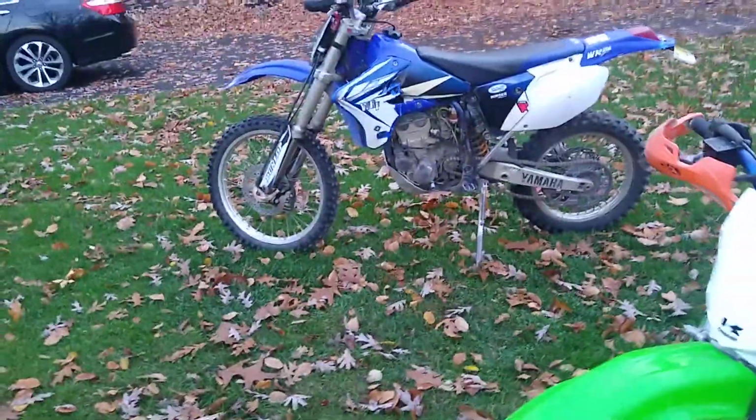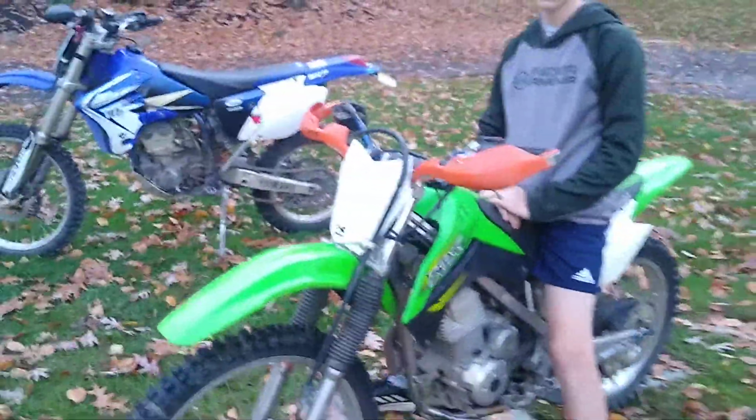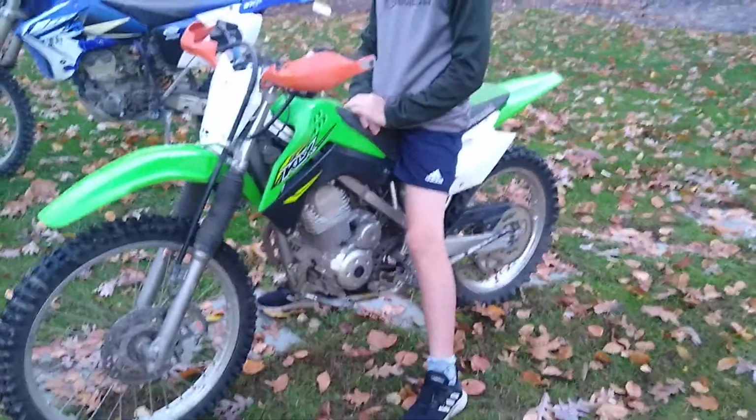wheels. As you see on my bike, it has a 21-inch front and 18-inch rear tire. So it gives it a real amount of ground clearance. He actually has more ground clearance on this bike than I have on my WR250. I know we crossed some train tracks this last weekend while riding, and I hit my skid plate. He didn't hit it at all. Now I'm also a fat ass and he's not, but